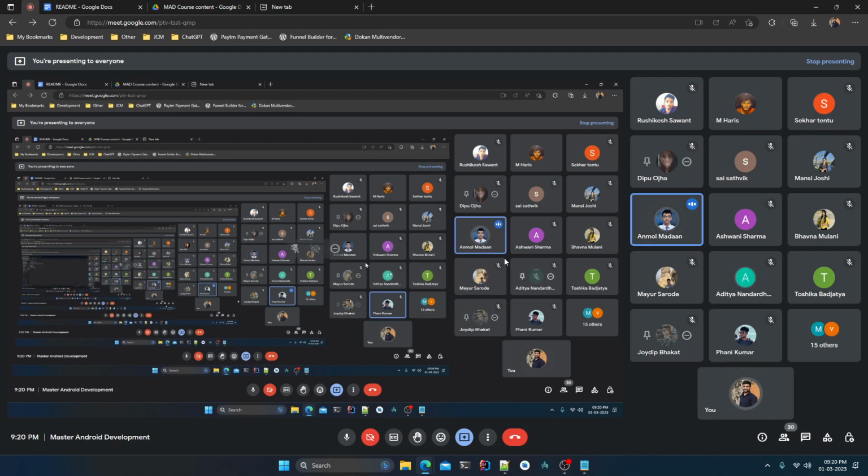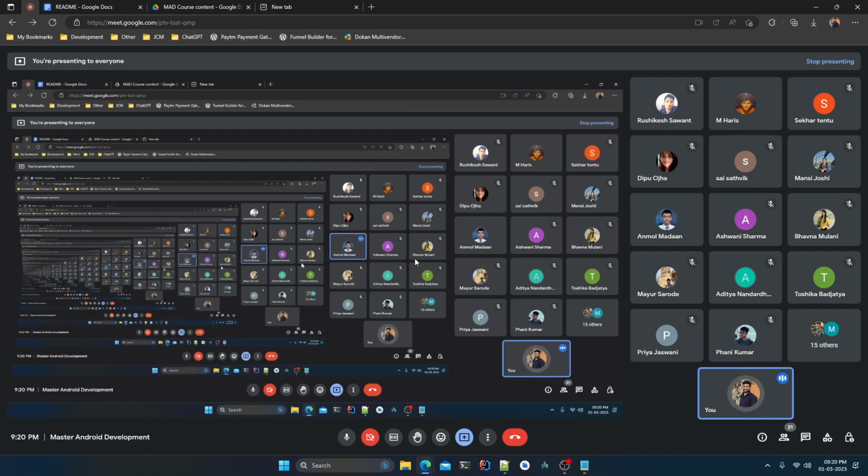I was asking, will you also explain a little bit about coroutines in this, or only MVVM, and after that Jetpack Compose? Okay, so coroutine is basically an integral part of Compose. So I'll explain it a bit, but